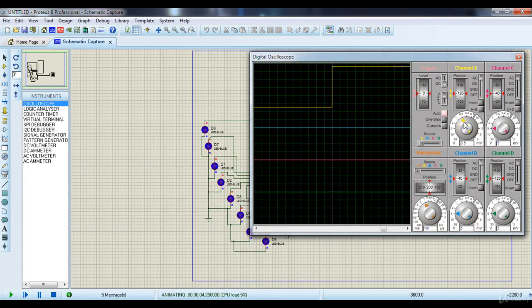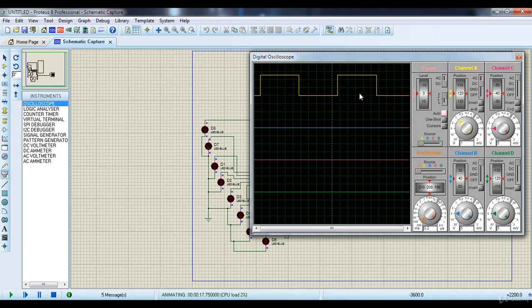Now by adjusting some parameters, you can get a square wave. Now here you have to count how much delay this square wave is producing.